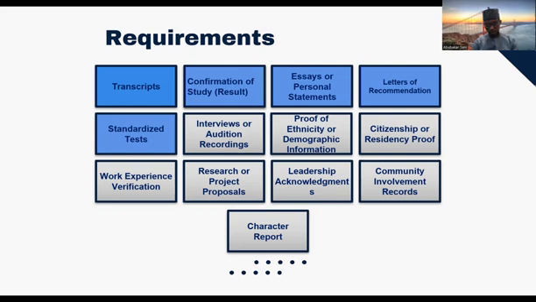Work experience verification also. Sometimes when you have work experience, you can leverage that to enhance your application. When you are applying and you have some work experience, this will go a long way to tell them that some people have even hired me and they are willing to pay me for my services, which means I'm not a useless person. So if you hire me too, I'm sure I will be able to deliver, because some people have already validated my usage as a person.